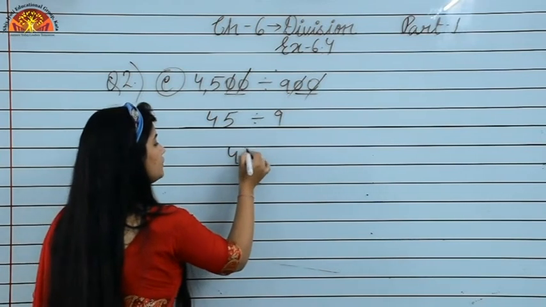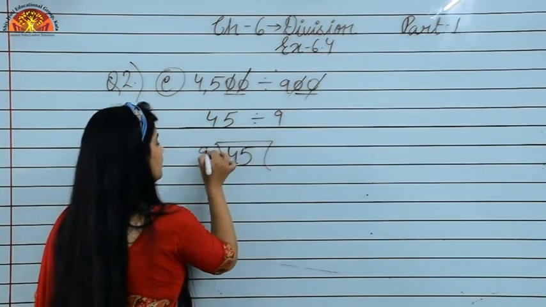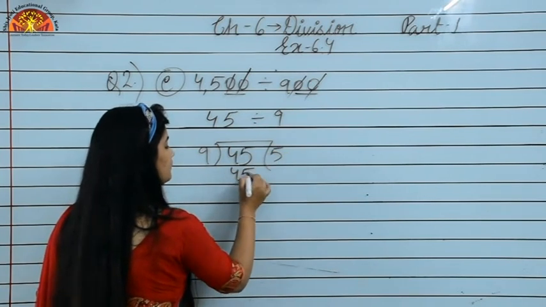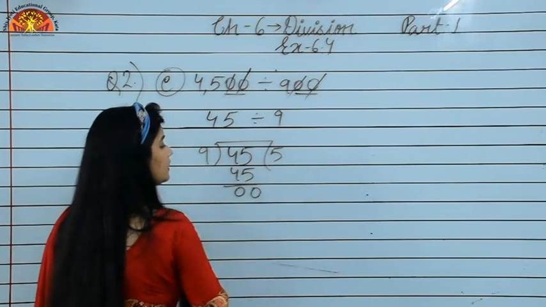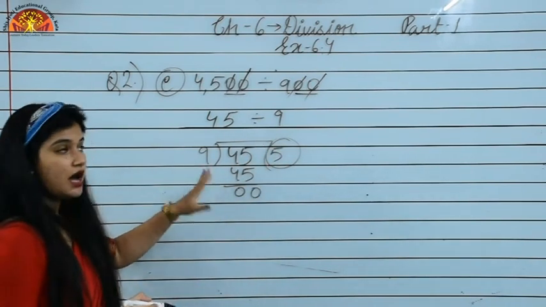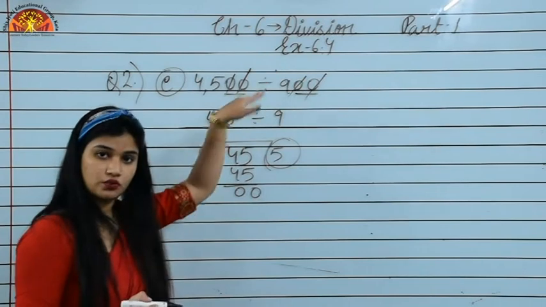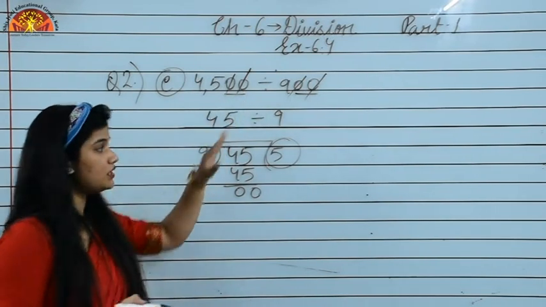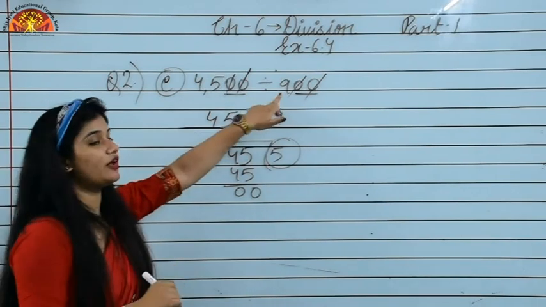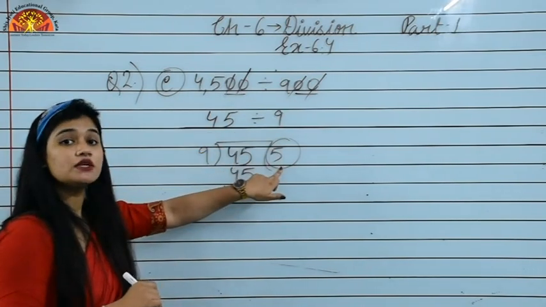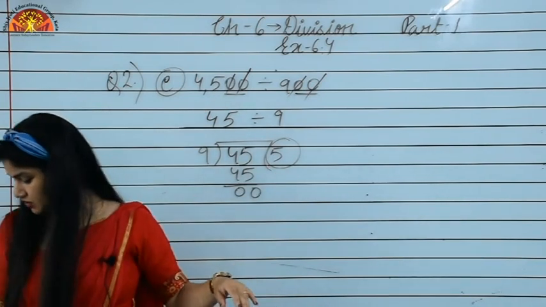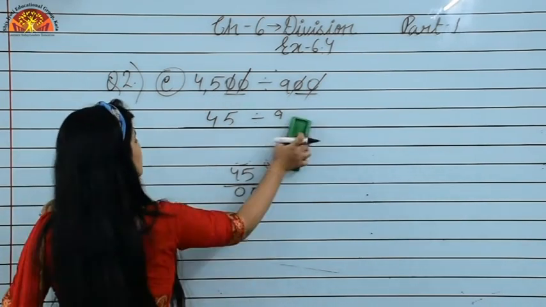Now we have to divide 45 by 9 and as we know 9 5s are 45 and the remainder is 0 and the answer is 5. Now this is the simple method. आप क्या कर सकते हो, जो 0 आपको दिख रहा है you can cancel the 0 given in the question and the new number is 45 and you are dividing 45 by 9 and your answer is 5. Is it clear students? So in this way you can use cancellation method and you can solve your answer.